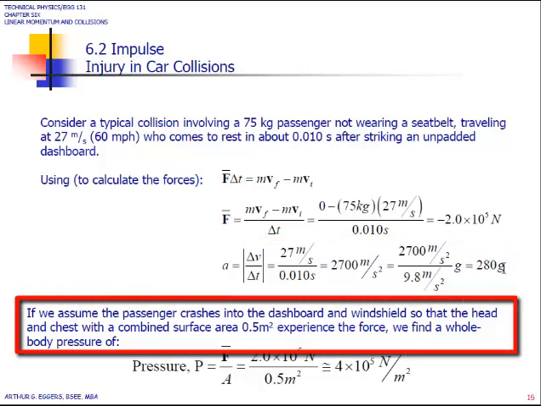If we assume the passenger crashes into the dashboard and windshield so that the head and chest, waist up, combined form about half a square meter,